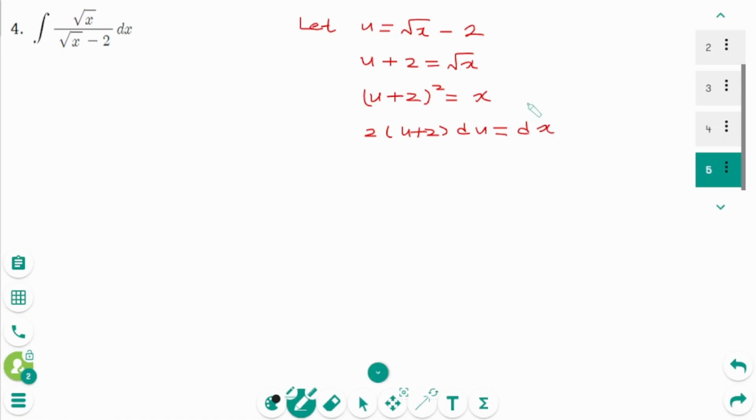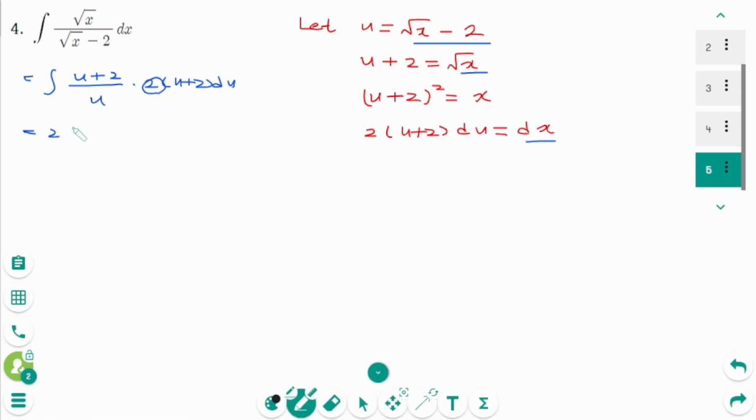Now replace all x with u. The integral of the numerator is u plus 2 over the denominator is u. Then dx is 2 times u plus 2 du,